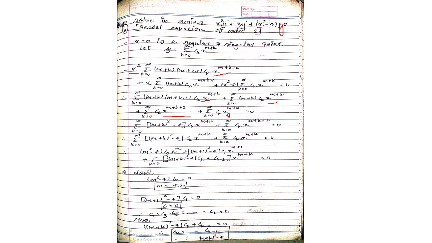So see, in the first and second term, summation is common, c k is common, x raised to m plus k is common, right? And m plus k is common in both, but this one doesn't have m plus k. So from the first and second term I am taking out the common m plus k. The remaining term will be m plus k minus 1, and from here it will be plus 1, right? So minus 1 plus 1 cancel. So m plus k whole square, right? This one. And here there is no x term, so it will be minus 4 as it is.